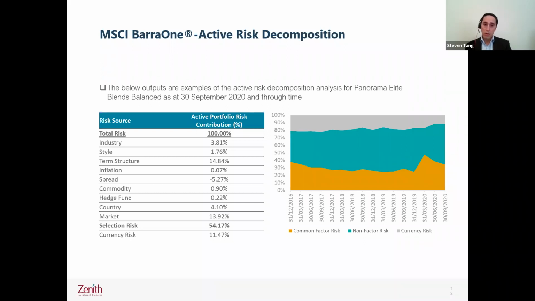And it's important to realize that there are factors. That's what you see on the right-hand side. That's, again, a through time analysis. And it's looking at the fact that we have common factors. So that's the value, style, quality, growth factors that are driving some of that return, and that's to be expected. And the non-factor risk. But you can see there, that's the dominant driver of our returns, and that's what we want from our active risk exposure. Of course, you've got some currency risk as well, and that's what you take versus the benchmark. So that's making sure that we're actually paying for that active management and we're getting it.